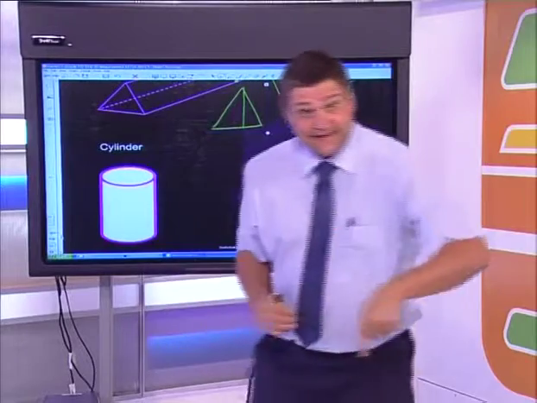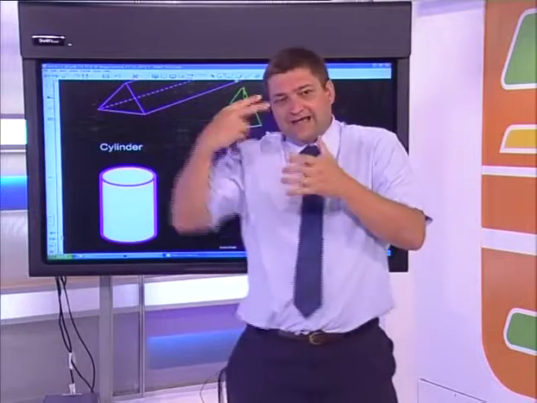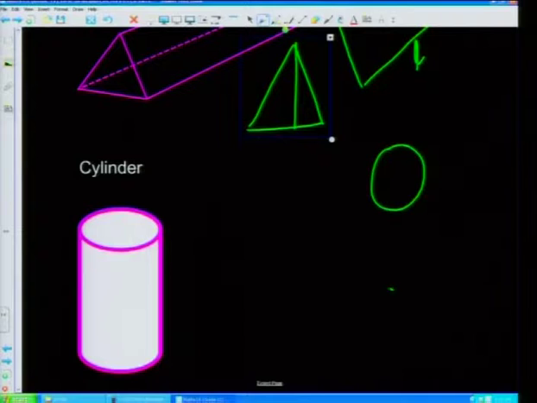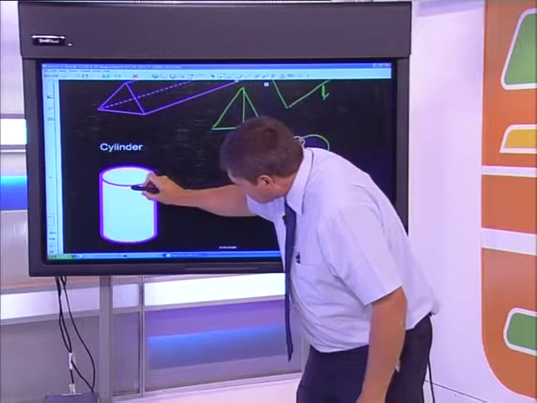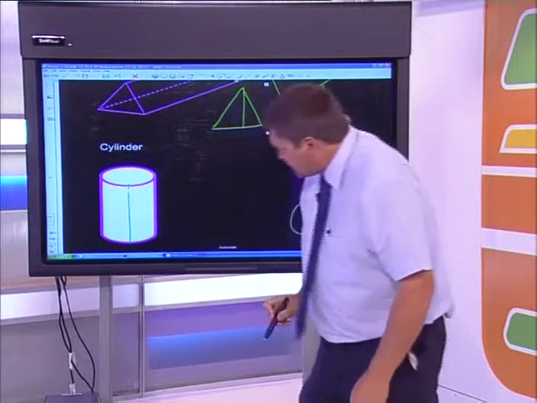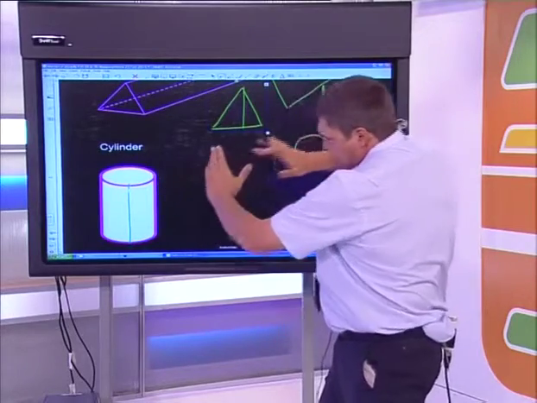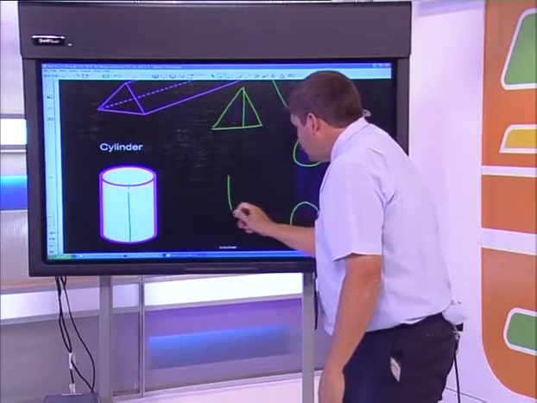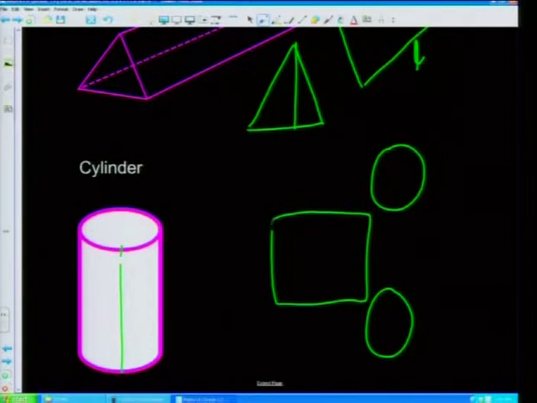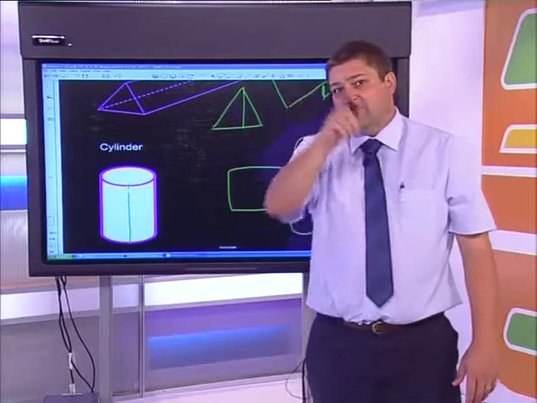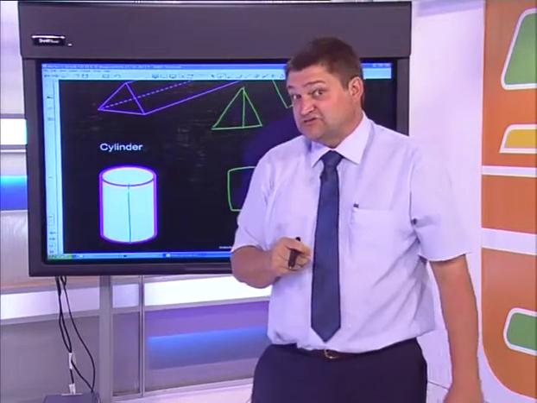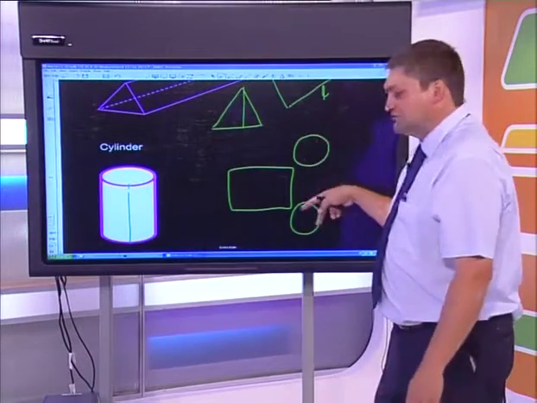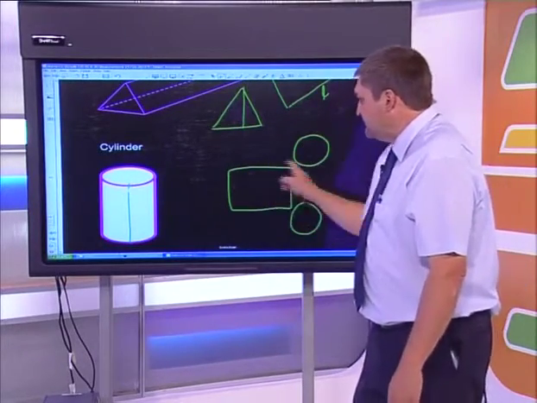But if I did cut it up, okay, I would cut off the ends, so I would have a circle and I would have a circle. If I cut along here and cut that up and open that cylinder or that round part up, I would be left with a rectangle. Now finding the surface area of a cylinder is actually straightforward, isn't it? Because all I'm doing is I'm finding the area of two circles, and then I'm finding the area of a